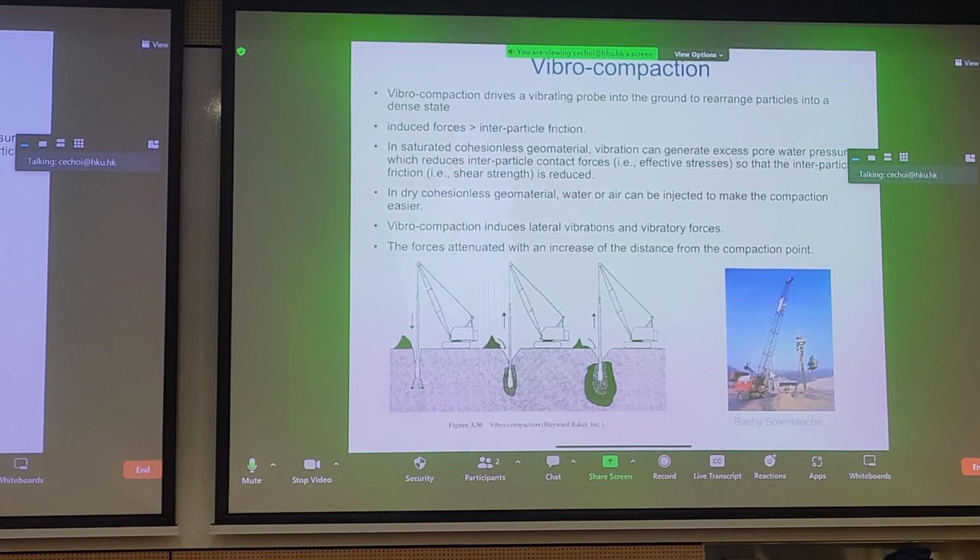Now, another approach also falls under the realm of deep dynamic compaction. We call it vibro compaction. This is a bit different. We actually have to insert a probe into the ground using this approach. We have used these vibro compaction methods in Hong Kong as well for our land reclamation projects. The premise of vibro compaction is you have some probe that has a vibrating device inside, and you put it on the soil, and under its own self-weight, you turn the vibrating motor on,